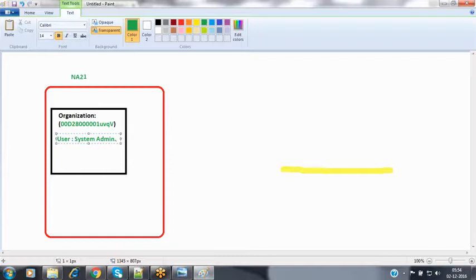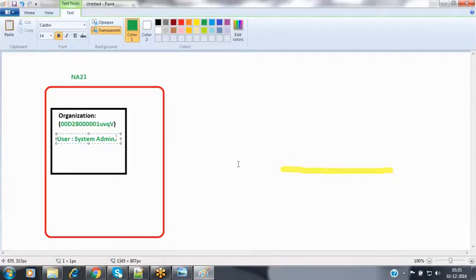so that he is able to do whatever operations he wants. He can add more custom objects and more custom applications. He can develop Apex classes, Visualforce pages, everything, the whole set of features. Whatever features are offered by Salesforce as part of Salesforce CRM and the Force.com platform, everything will be accessible to this system administrator. And along with that, as a system administrator, he will have the rights to add more new users inside this organization. So in this kind of scenario, how can we add these users here?